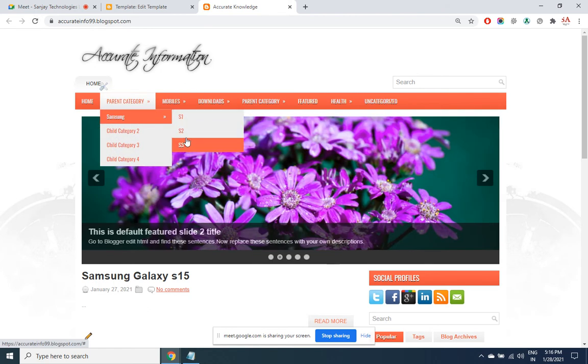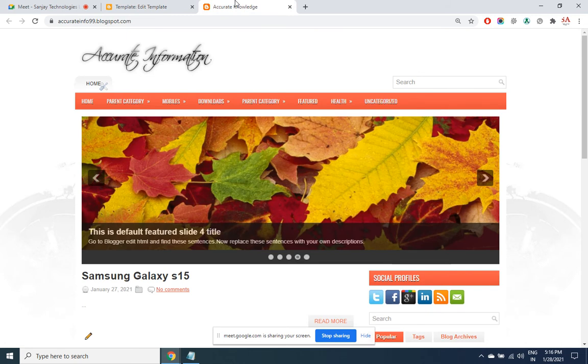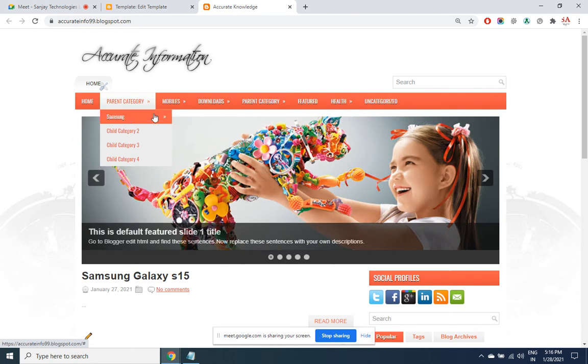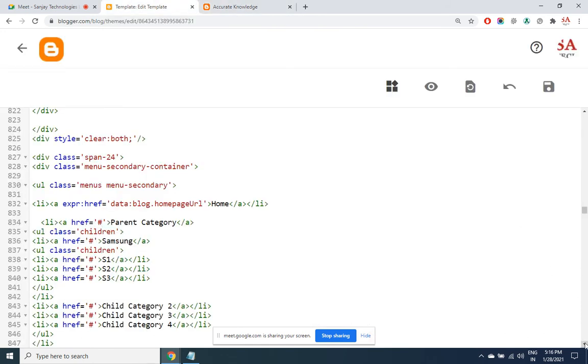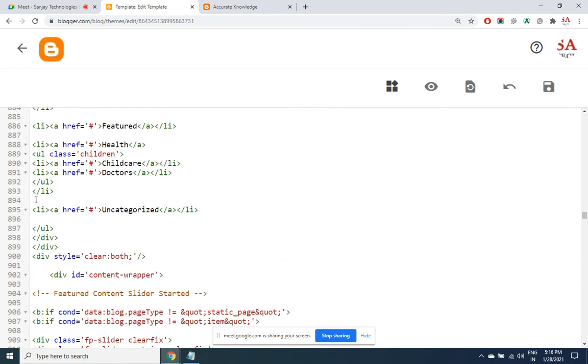Okay, hope you have got it. You know how to provide the links by just replacing the hash with the address of the destination page. This is the way the menu has to work. You can shuffle it, change the name of it, change the links, change the structure. And let's say I don't want this Uncategorized, I want to delete it. That is pretty simple. You just have to delete that line of code. Wherever you find these gaps, that means this is a line that you need to delete. Every menu item is separated by lines on the other sides.